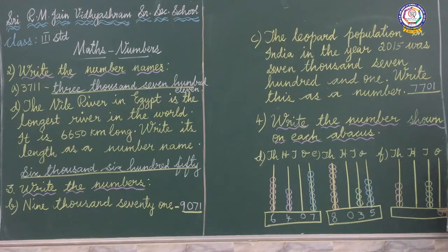Next one, in ones place they didn't give any beads, so you write 0. Next in tens place 1, 2, 3, 4, 5, so you write 5. Next in hundreds place they didn't give any beads, so you write 0. Next thousands place 1, 2, 3, 4. So what's the number you got? 4050.